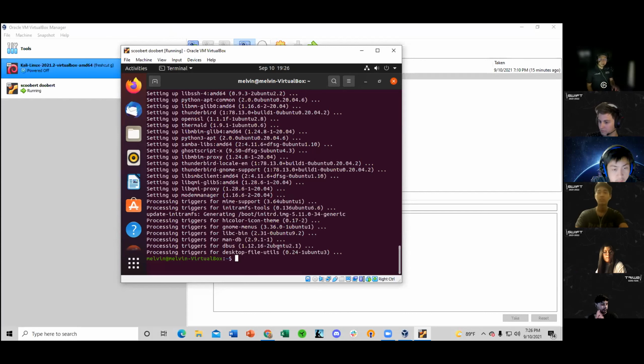So what we're doing right now is updating everything so that we know for sure that we have all the latest up-to-date stuff. And what this is going to do is build up the architecture for guest editions to be able to run in general. So right now we're going to do sudo apt install build-essential